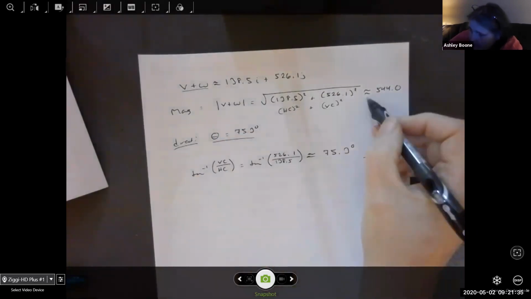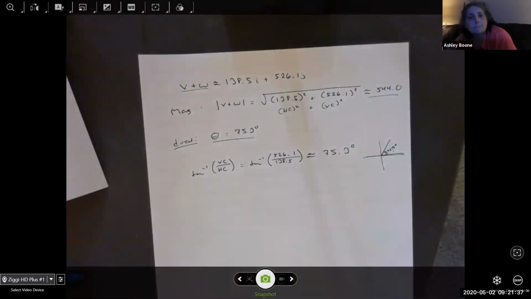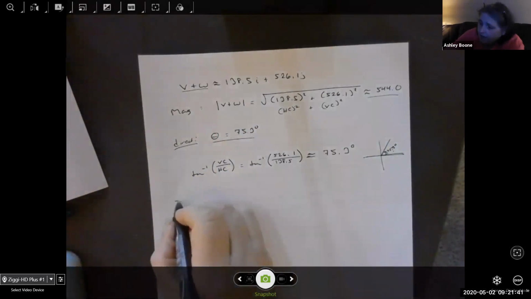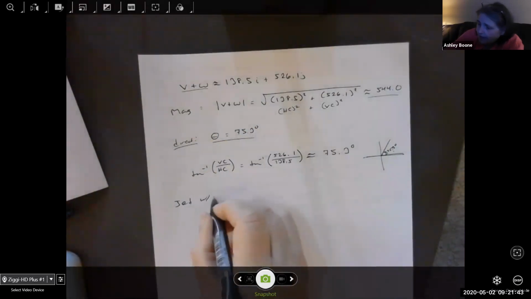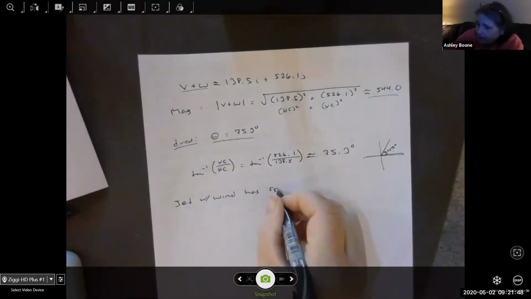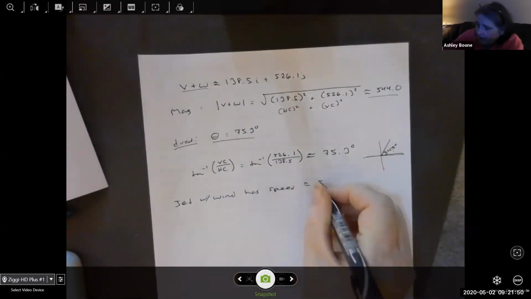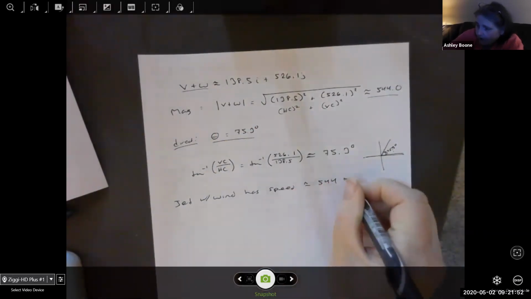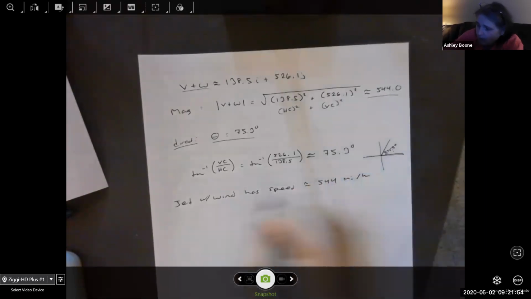So we know theta, we know speed. It just depends on what you want. So the jet, with the wind in consideration, has a speed of approximately 544 miles per hour